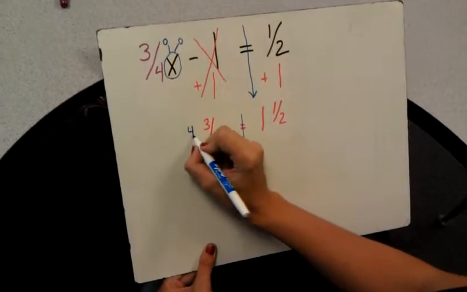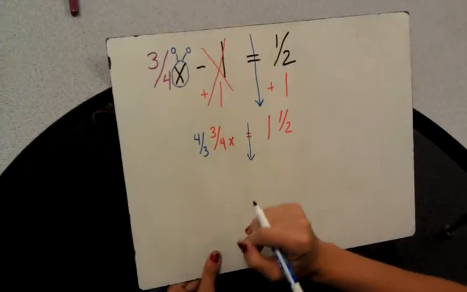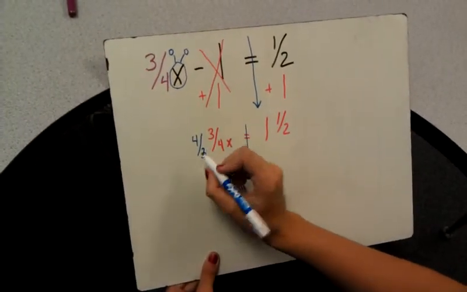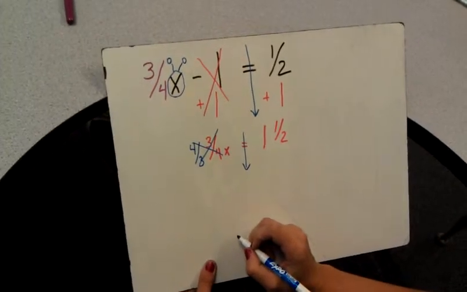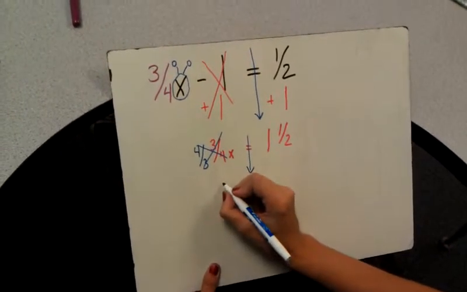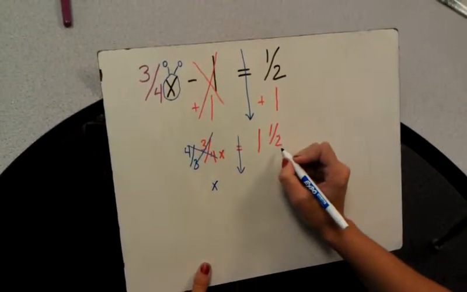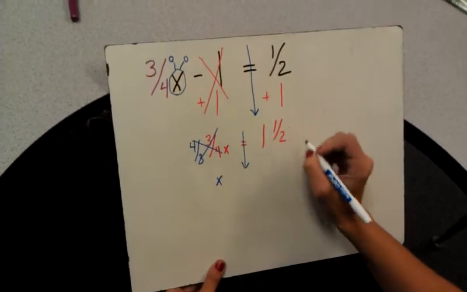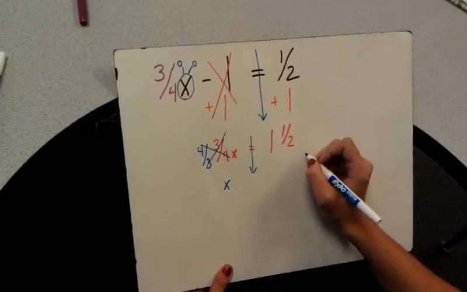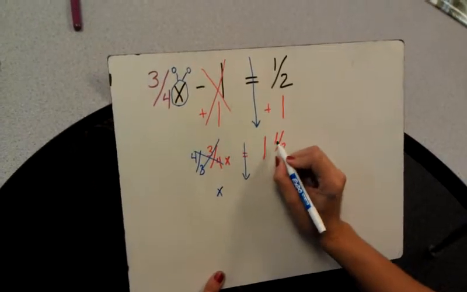I'm going to divide by 3/4 on this side, and when I divide, I'm going to flip it. 3/4 fits into 3/4 one time, which will give me 1x. I don't need to write 1x, I just write x. Now I'm going to divide on this side also, but before I divide this mixed number and fraction, I'm going to change this mixed number into an improper fraction. So 1 times 2 is 2 plus 1 more